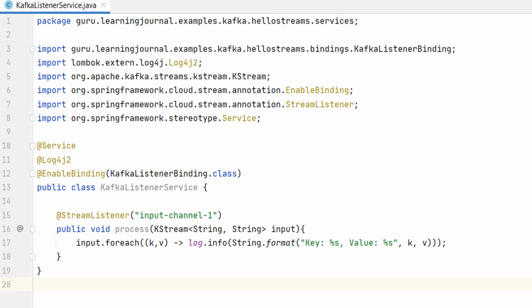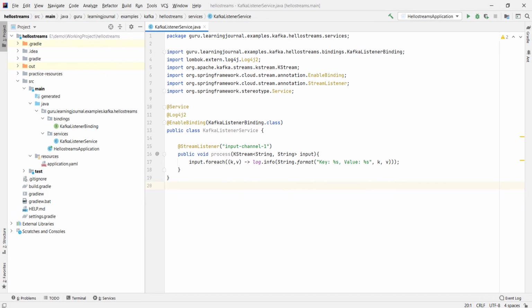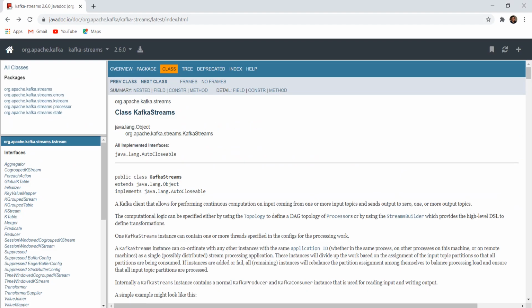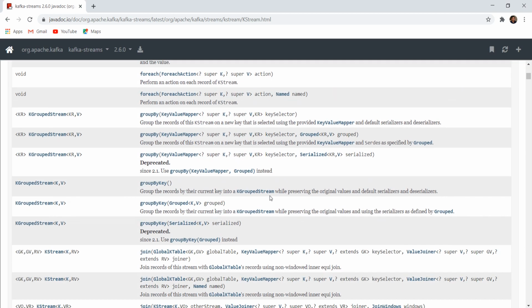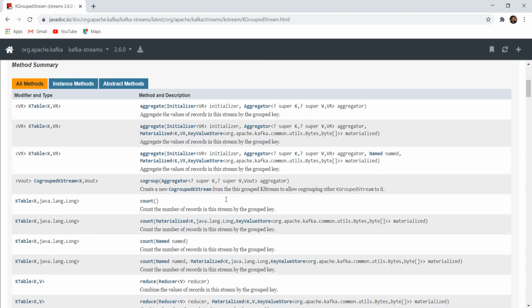Great. Now the next question is this. How does Kafka Streams DSL help in implementing business logic? Let's try to understand it. Kafka Streams DSL is a very well thought API set that allows you to handle most stream processing needs. For example, you can compute aggregates on KStream and KTable.